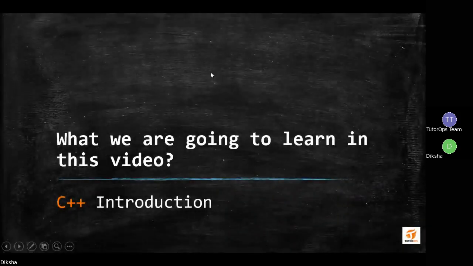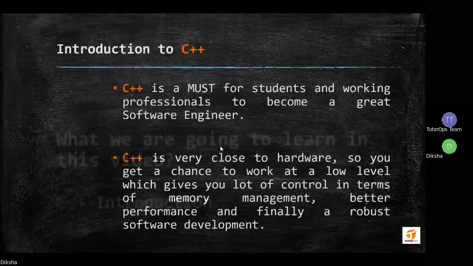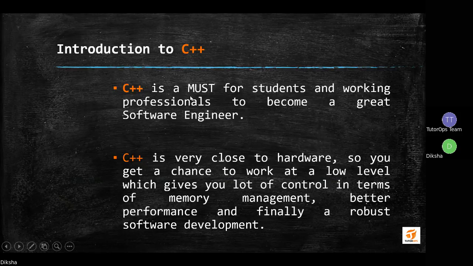So let's continue. Now I would like to give a reason why C++ is a must. The future is mostly going to rely on hardware and robots, you can say Internet of Things, embedded systems, and lots of machinery that we are going to use in our day-to-day life. Developing these machines, bots, and embedded systems requires a fast and efficient language,